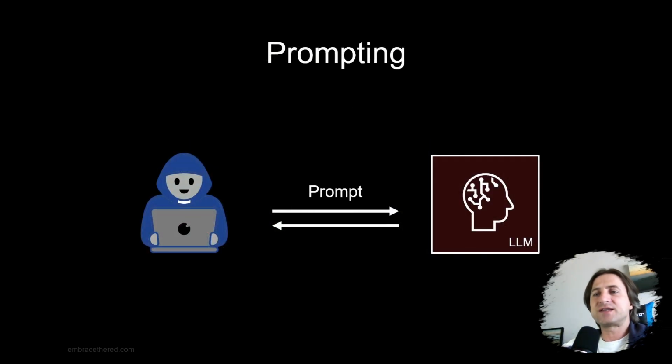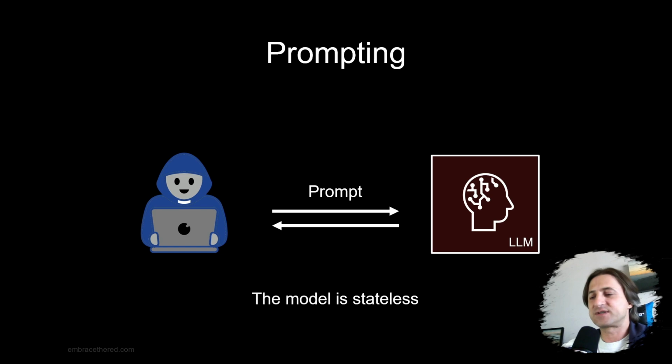And this applies to large language models and especially to prompting, because that's how we interact with a large language model. So we're going to talk a lot about prompting and prompt injection in this presentation with real world exploits. I don't really have to talk a lot about prompting itself. I think you'll know that probably really well. So you interact with a large language model. There's no state. It just goes back and forth.